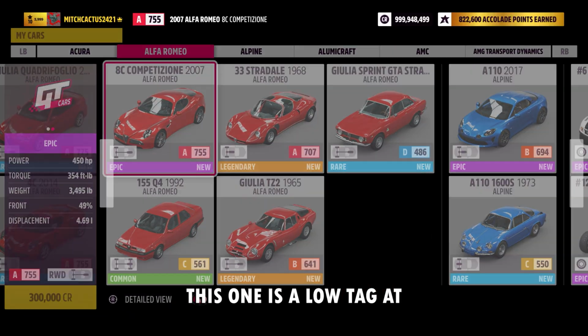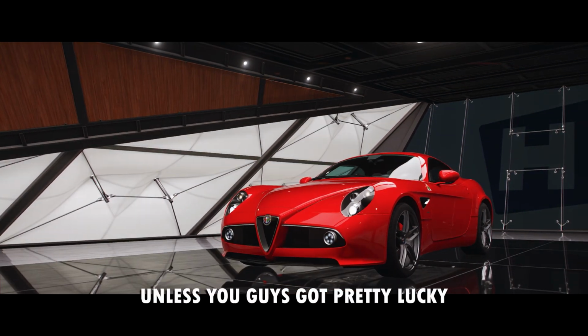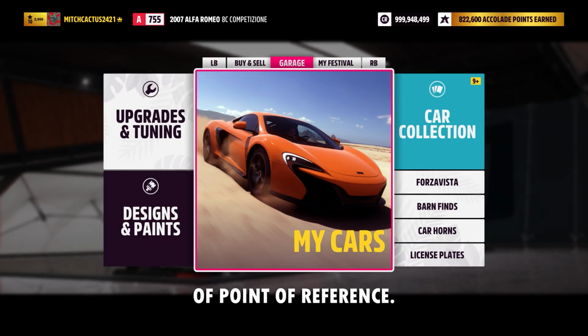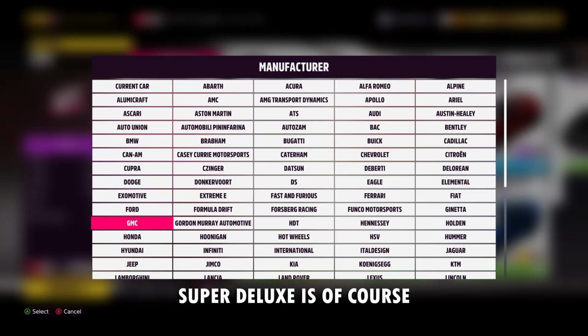This one is a low tag at 300,000, but again, if you manage to get one of these, it'd be at least 10 million unless you guys got pretty lucky with an auction house snipe, which is a good kind of point of reference. Now one car that's definitely a sleeper rare car, just like the Ford 1946 Super Deluxe,